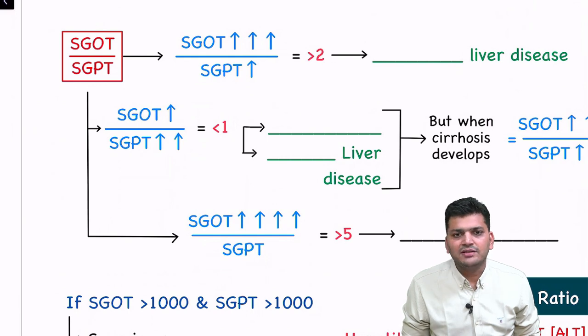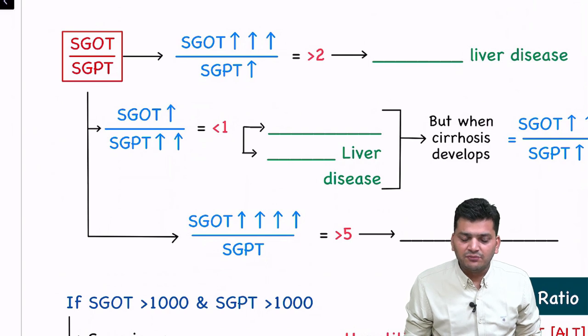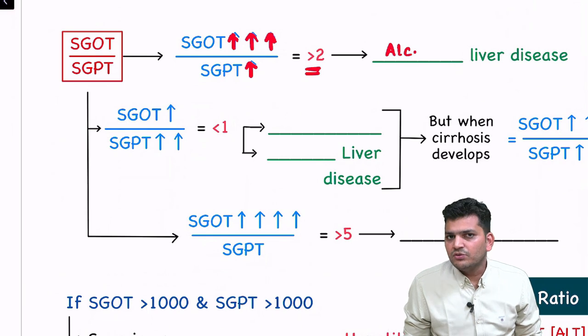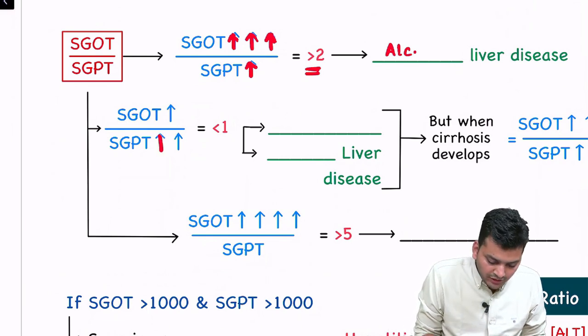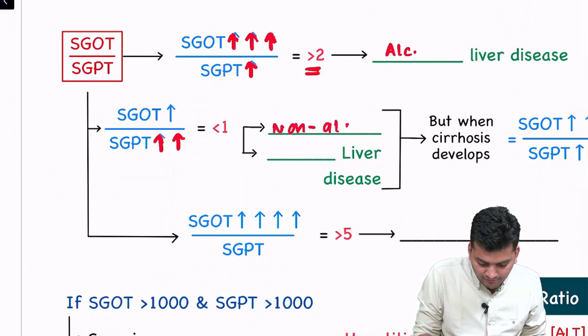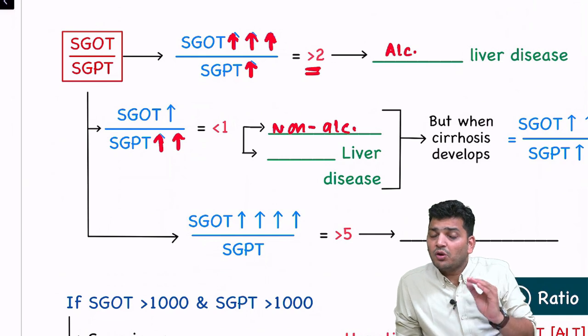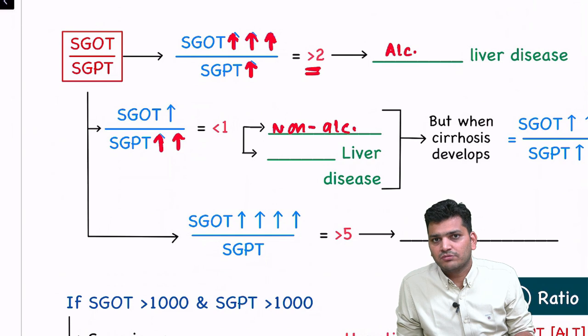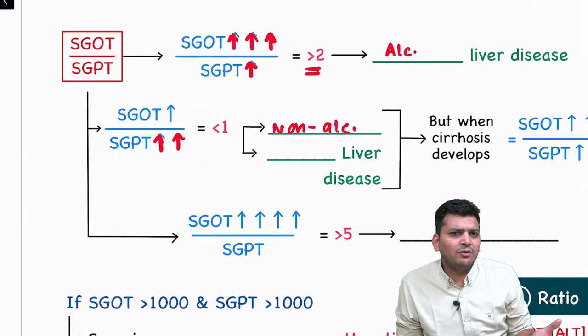Now, what if the SGOT and SGPT are increased? Then we have to see which enzyme is more increased, SGOT or SGPT. If SGOT is significantly increased compared to SGPT, and the ratio is more than 2, then it is indicative of alcoholic liver disease. If the ratio is reverse, meaning SGPT is more increased than SGOT, then it is non-alcoholic liver disease. But even in non-alcoholic liver disease, if the disease is chronic and the patient develops cirrhosis because of, let's say, hepatitis infection, which is a non-alcoholic liver disease,